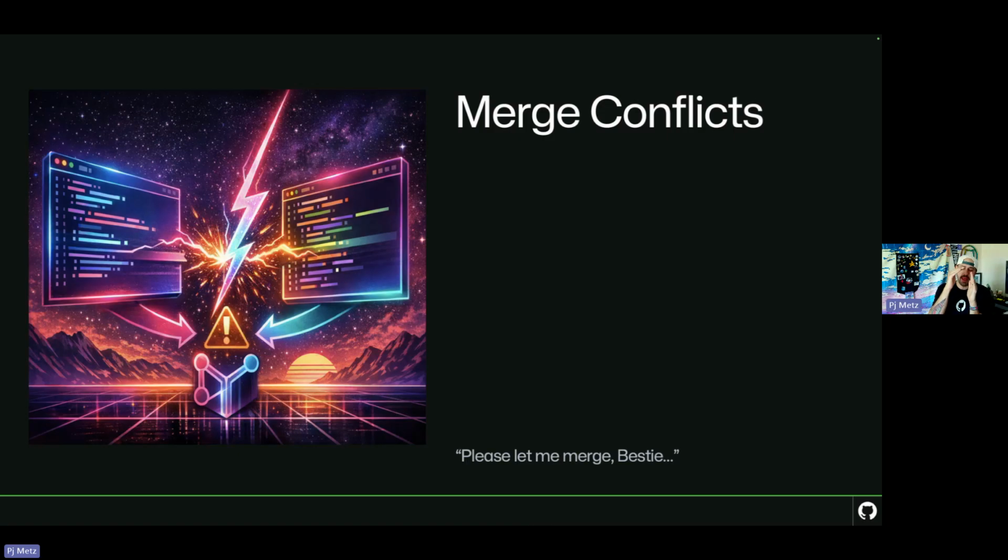When you're going to merge it back in, a merge conflict is Git saying, hey, there's something happening here that shouldn't be happening. Something is different that I wasn't tracking. Now, that sounds complicated. Why wasn't Git tracking it? Well, we're going to talk about how this works.